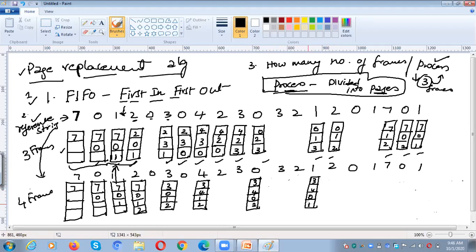So 2 is not there in the main memory. Which frame I need to replace? 3. So 2, 4, 0, 1. So 0, 1 is already there in the main memory. After that,